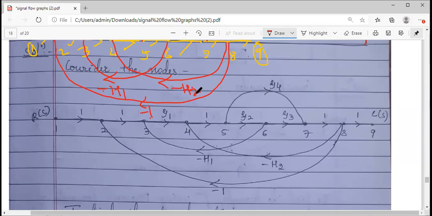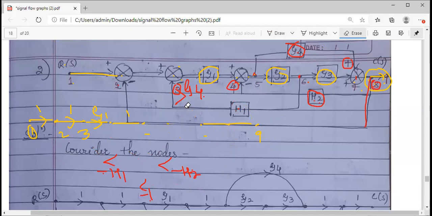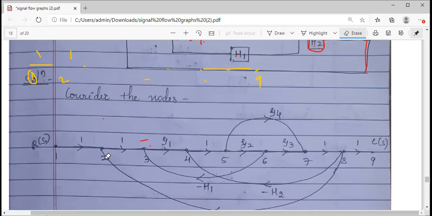So tell me how many forward paths we have identified. While converting the block diagram to signal flow graph, I have mentioned it already, how many forward paths and how many feedback loops there are. So you should tell me now how many forward paths are there in the given signal flow graph. Let me show you the graph here. Yeah, this is your graph. 2 forward paths. Very good. Muskan, very good. So 2 forward paths.